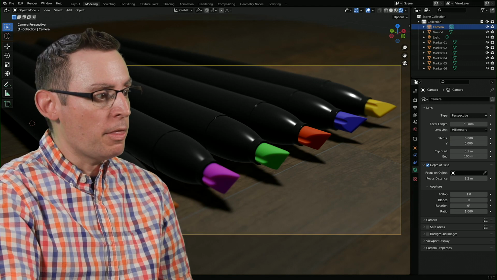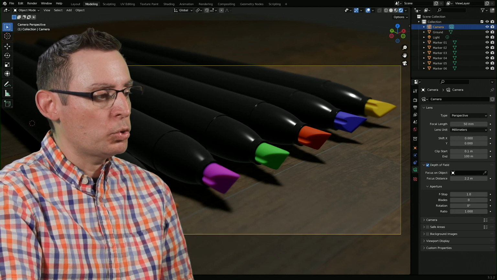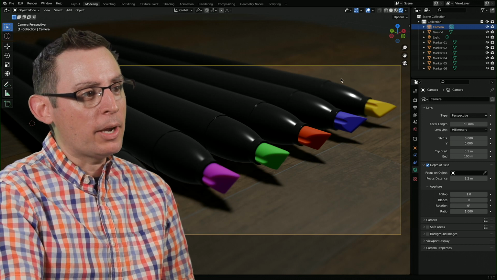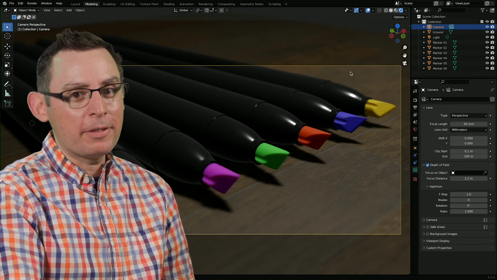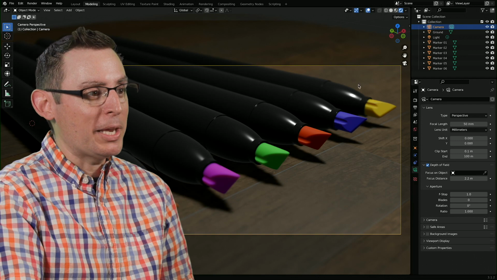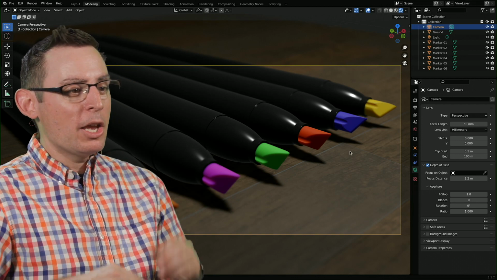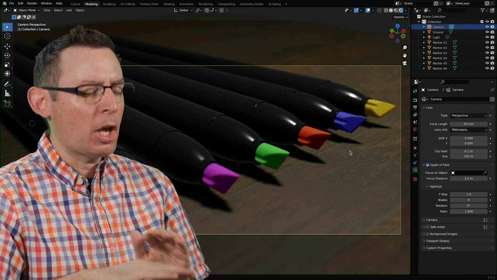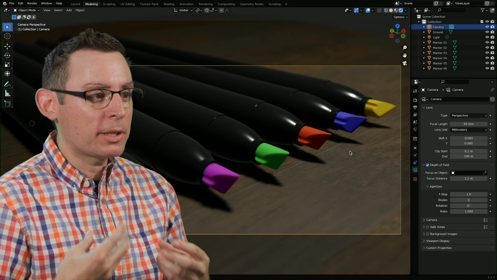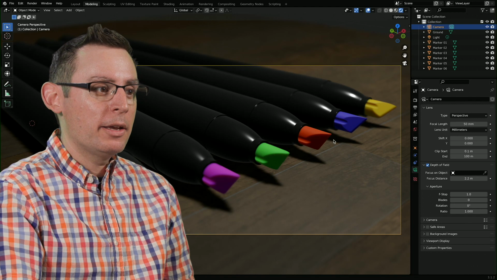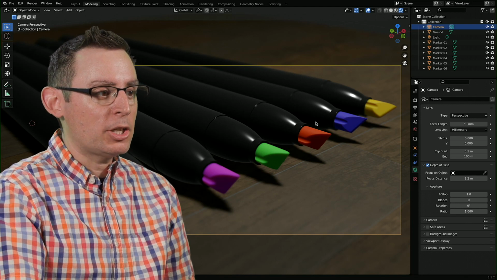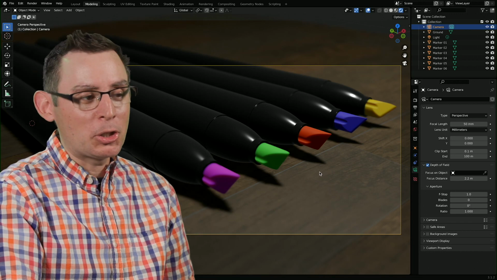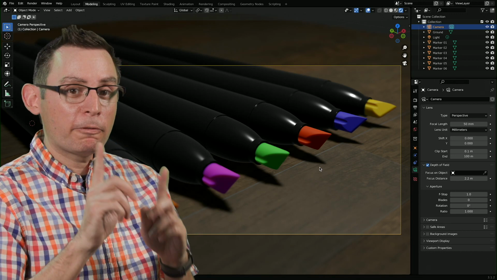This marker in the lower left, the orange one, is out of focus, as is the tip of the blue and the yellow. The background of the image, the floor, is also out of focus. So just adding some depth of field and then changing that focus distance goes a long way in making our objects feel much more cinematic. We're focusing our audience's attention on this area, probably more on the red one than any other, and it's starting to look pretty great. Okay, that's the first thing that we can do.